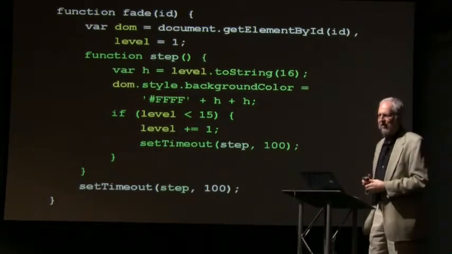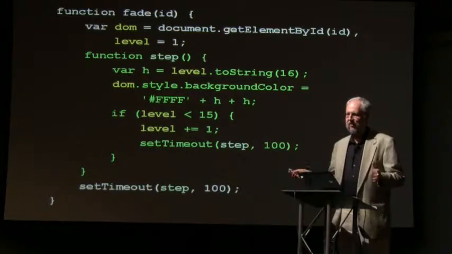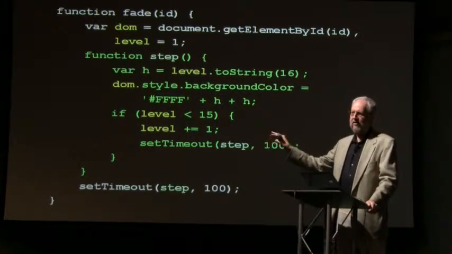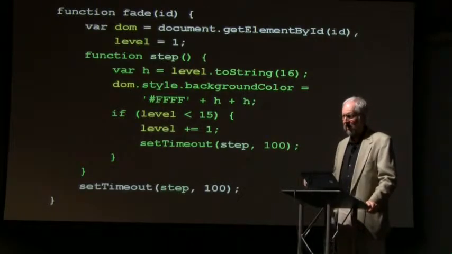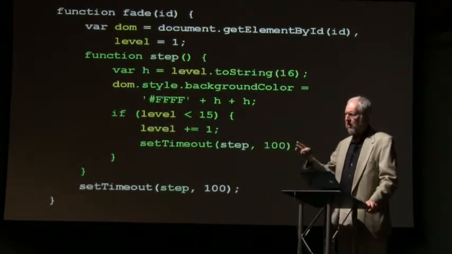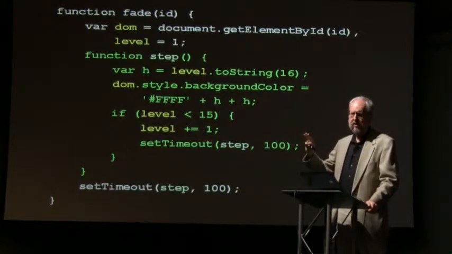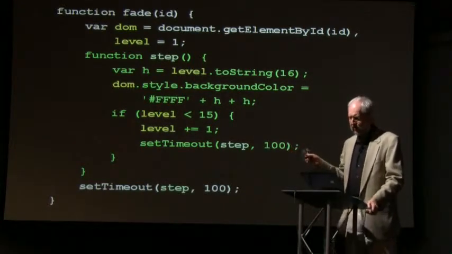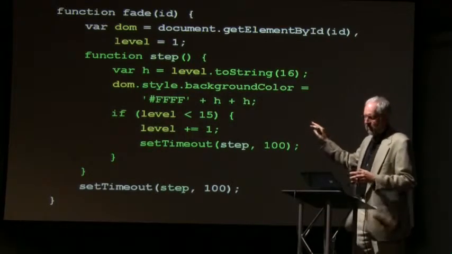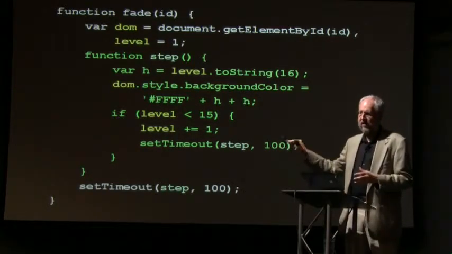Okay, here's another example, a fade function. This is something you might do in an Ajax application. I want to take some object, maybe a div or something, and have it fade from yellow to white. Maybe as an indication to the user that something changed and they should pay attention to it. So I've got my fade function. First thing I do is find a DOM element